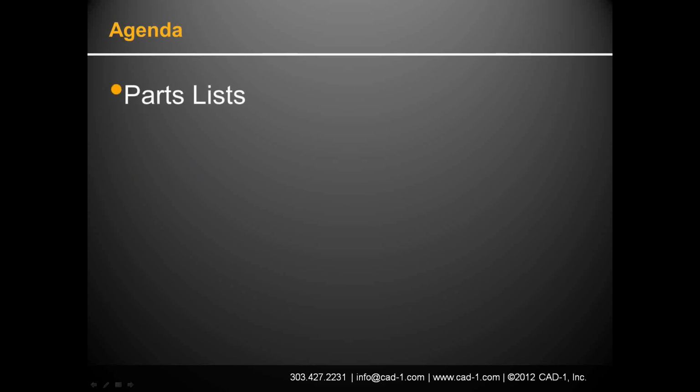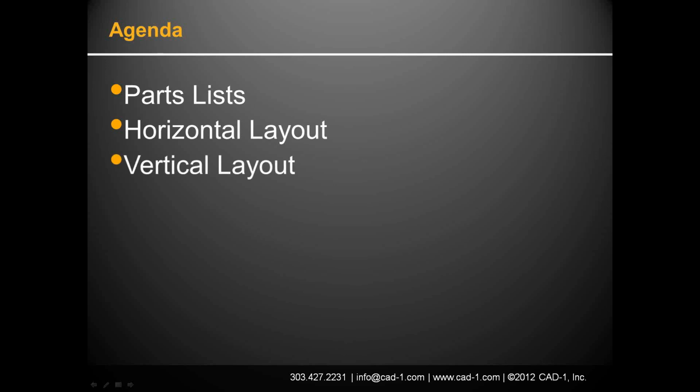So when we're dealing with pressure networks, there's a few things that we really need to focus on. First of all, parts list. You need to create your parts list, set up your parts list, just like you did with pipe networks. The horizontal layout. You then go in and you lay out your pipes horizontally, right? You get them laid out, you put in your horizontal bends, you put in your pipes the way you want them to be, and then you need to get into the vertical layout. So I want to make sure that things are laid out correctly vertically as well as horizontally. And then we can also come in and do a criteria validation.